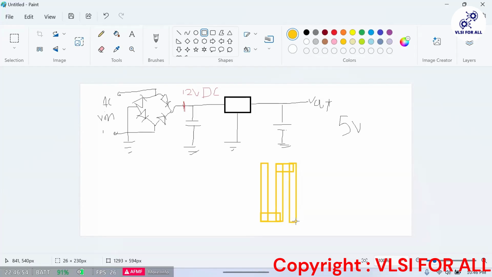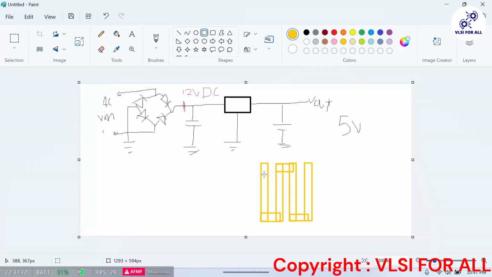Then it will become like this, then one more like this, and finally one more like this here. If you have seen this kind of design on a PCB, these are some kind of antennas placed here.